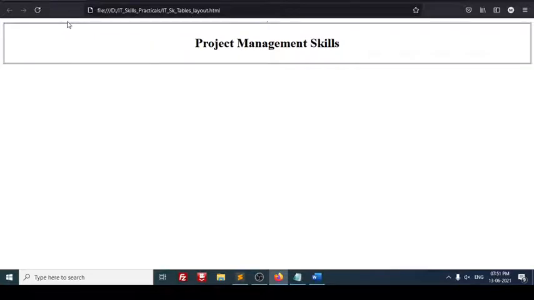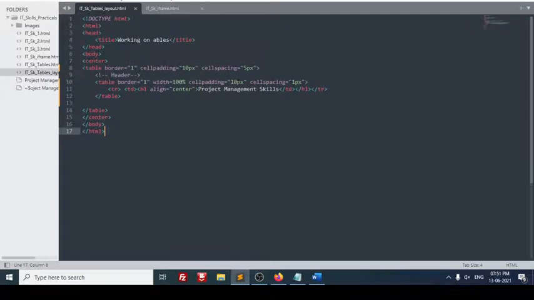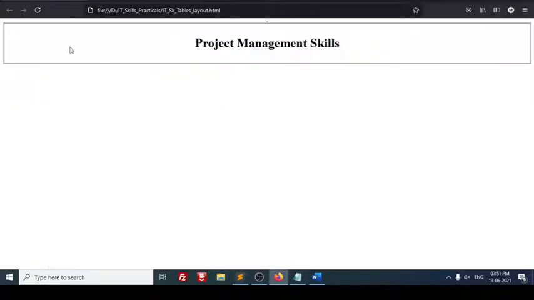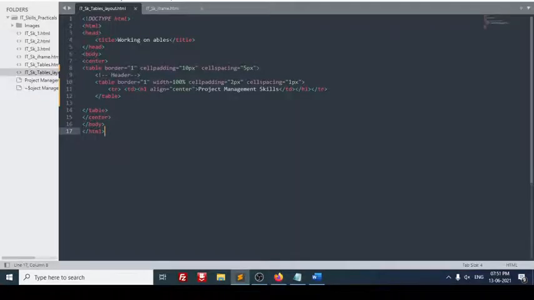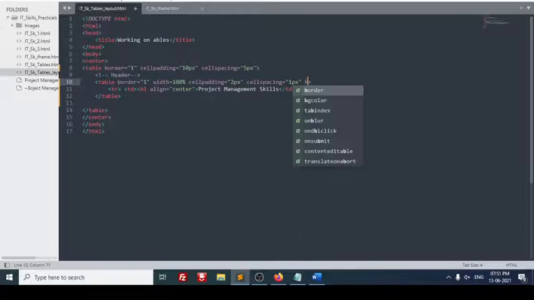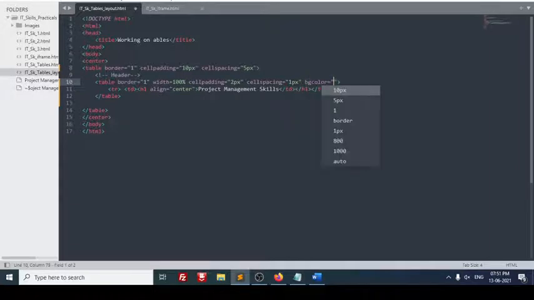See the spacing between the cells, it is reduced because there was not much of the cell. And here cell padding was 10. I will make it 2. What difference happens, you see? Control S, refresh. So you can see the cell spacing is decreased. Now in case I want color for this, correct? So I will just change one more property, BG color. Even border color also can be changed. BG color I will set.